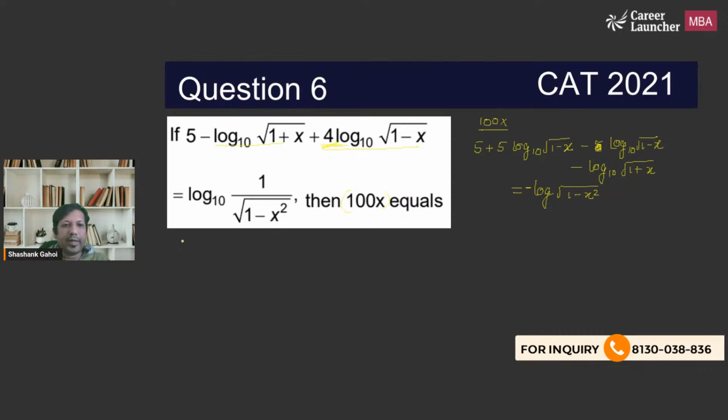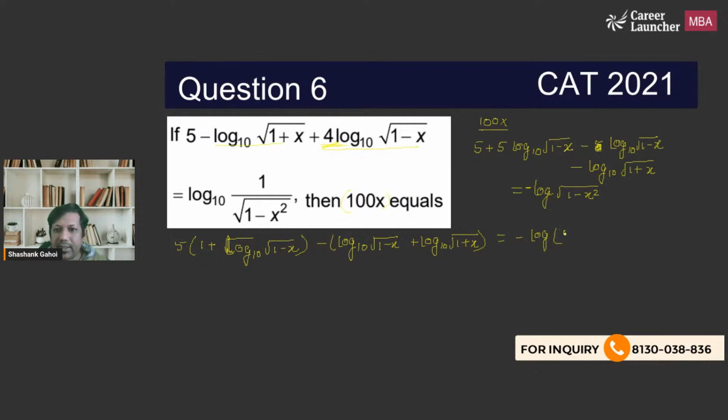Now I am taking 5 common, 1 plus log base 10 root of 1 minus x, minus log base 10 root of 1 minus x, plus log base 10 root of 1 plus x, and that is equal to minus times log of root of